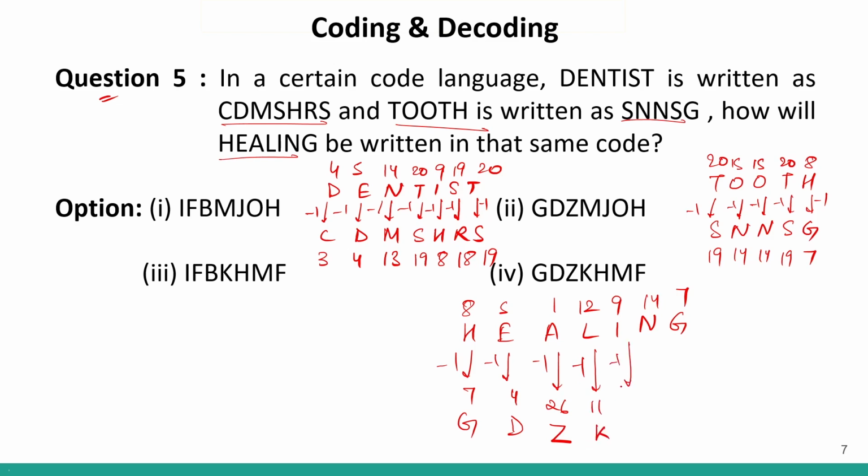If I do minus 1, I'll go back to 8, which is H. Correct? If I do minus 1, I'll go back to 13, which is M. And over here, if I do minus 1, I'll go back to 6, which is F. So my code will be G, D, Z, K, H, M, F. This is given in option number 4. So option number 4 will be the correct answer to this question. Clear? Now,